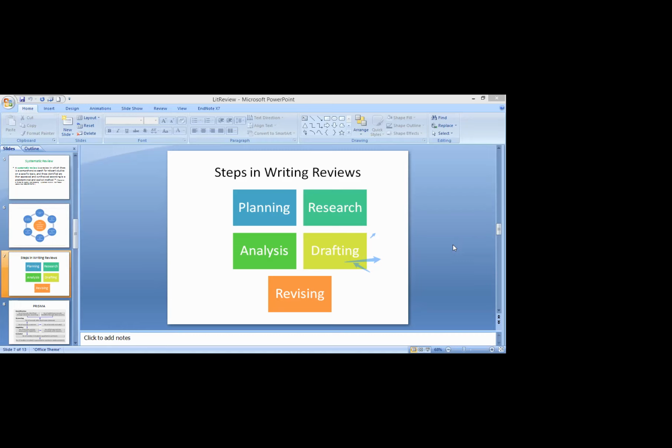So first is planning. The planning is not only about the PRISMA guidelines or the protocols, it is also about planning your time, how your resources would be planned, and how you are looking at your research for the next few years, right? Next is analysis, drafting, and revising. So revising again and again. Revising means you have to visit your written statement again and again.